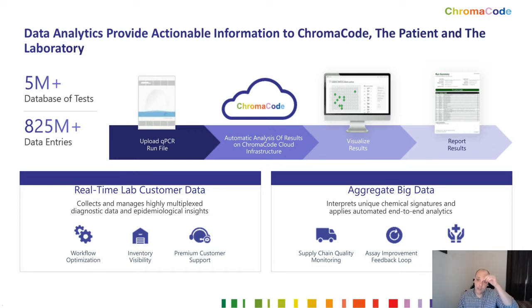In addition, anonymized aggregated data is something that allows us to take a look at these chemical signatures from the qPCR and do things like supply chain monitoring. We always want to ensure that we have the best possible production and performance for our different targets and our different assays in there. So monitoring the supply chain quality, using this to improve our assays,